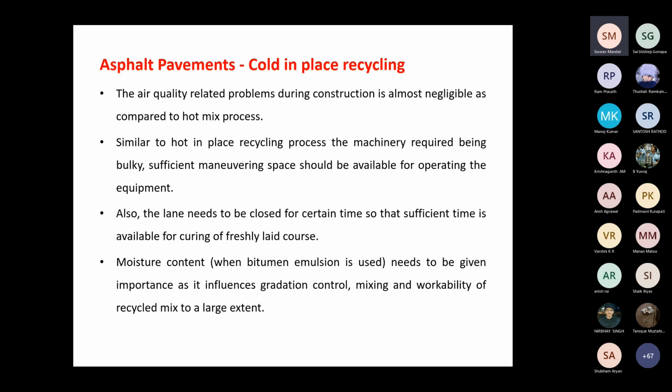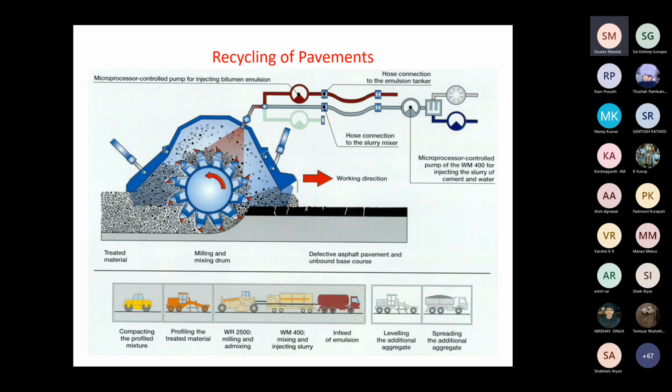Then moisture content, when bitumen emulsion is used, needs to be given importance because this will influence the gradation, mixing, and workability. This is recycling. So what you are doing is, this is the existing material. This is the working direction, your train is moving in this direction. Where the existing material is scarified, you are injecting the new material. There is a control pump for injecting the bitumen